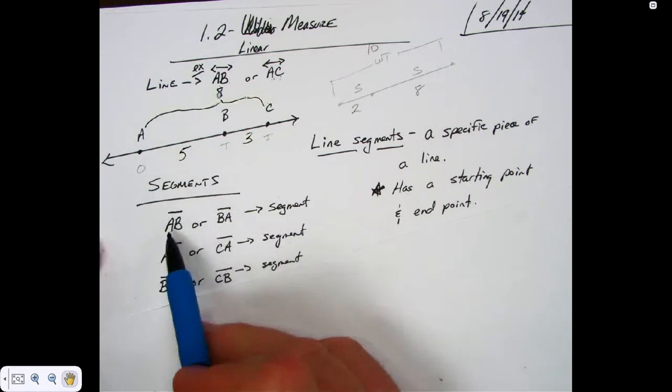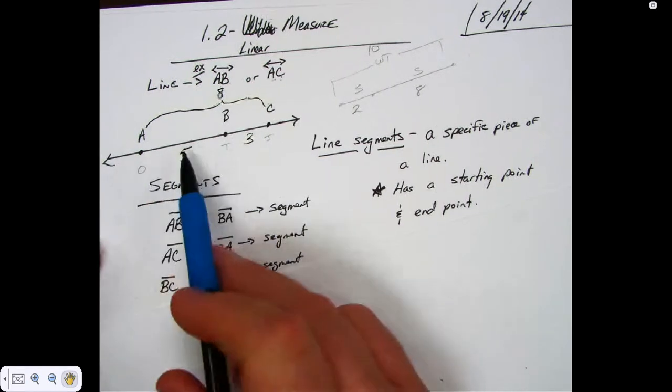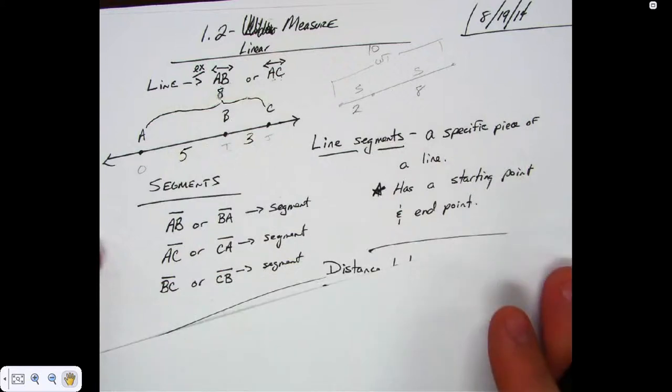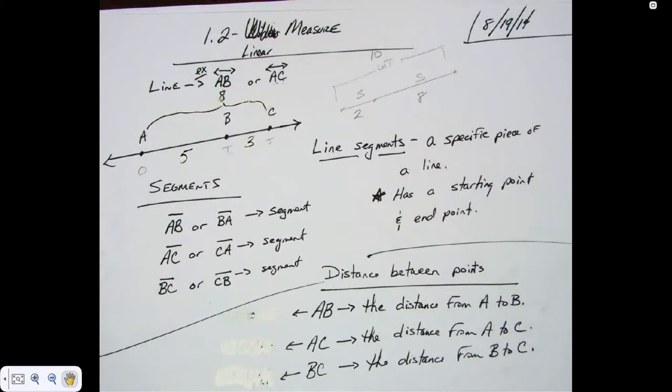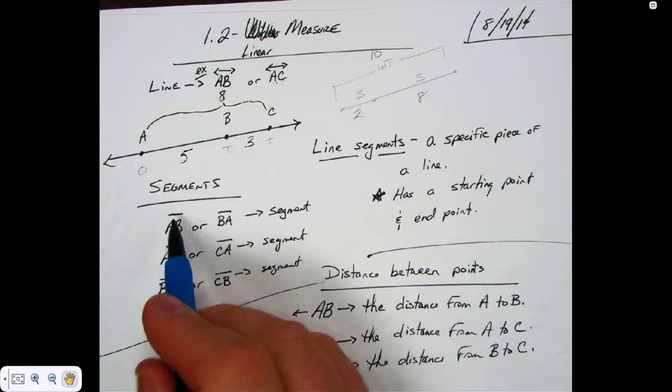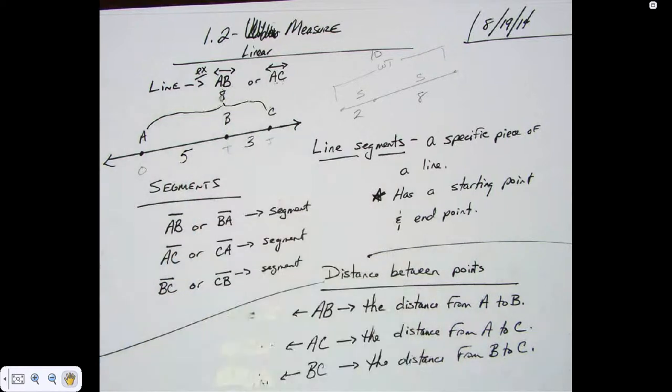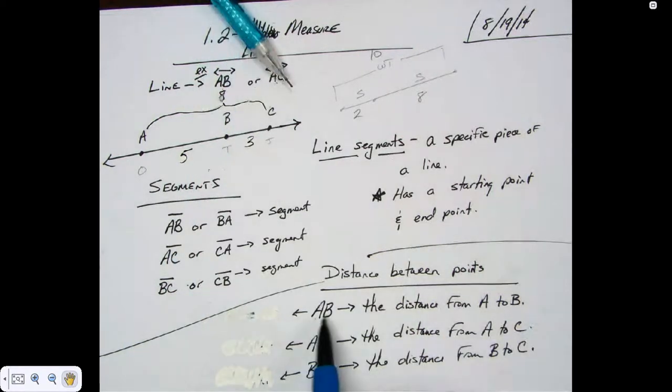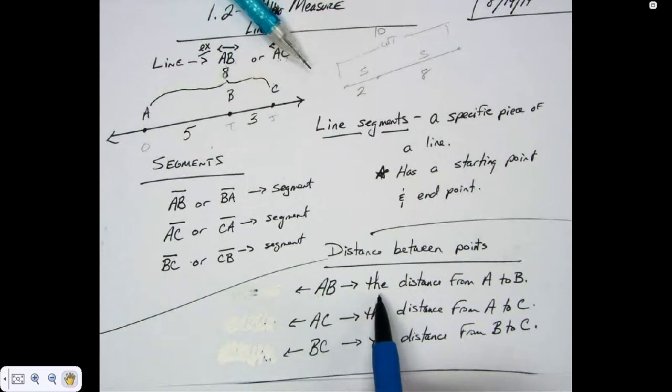So now we're just talking about the segment. Now we want to have a way to say how big it is. Well, guess what? That's why it's so important you put this segment sign or a line sign above it. Because guess what AB by itself means? What does it say up here? Somebody? The distance from A to B. That's what that means. When you see two capital letters beside each other, written out like that in this geometry class, from this point on, I'm referring to what? The distance from A to B.